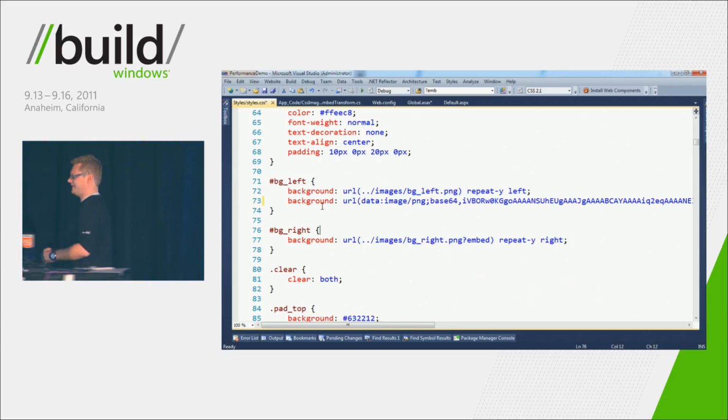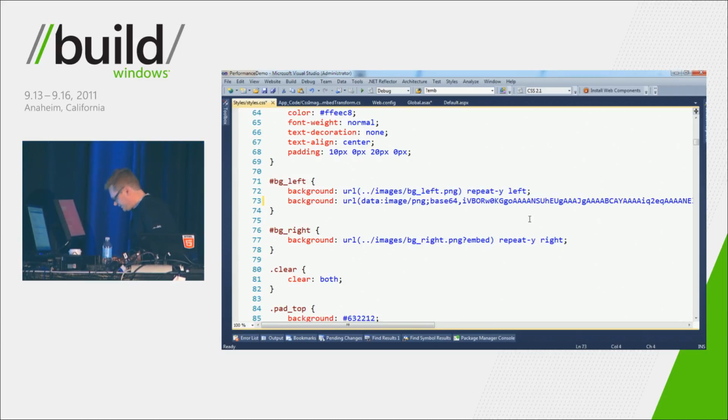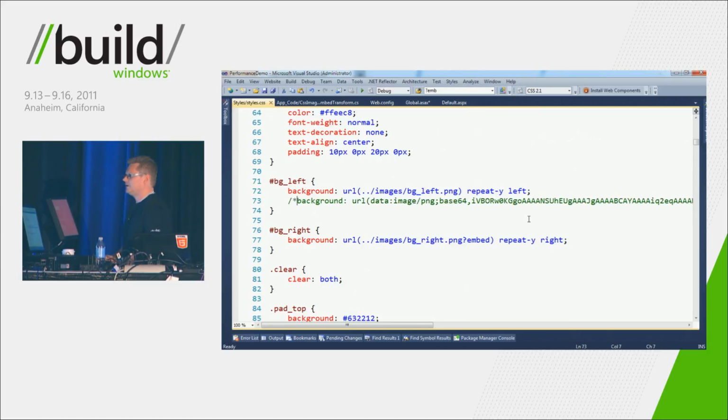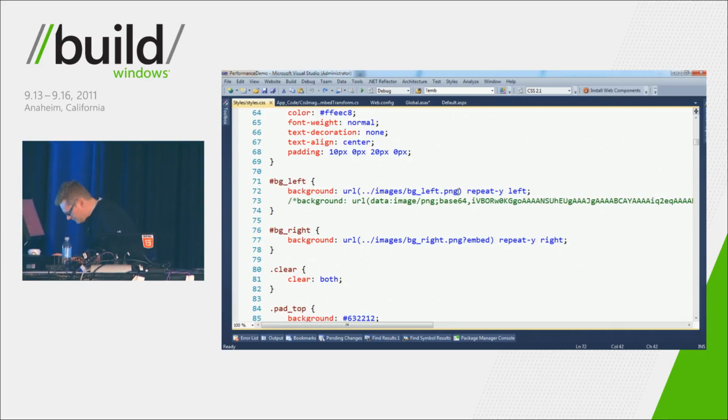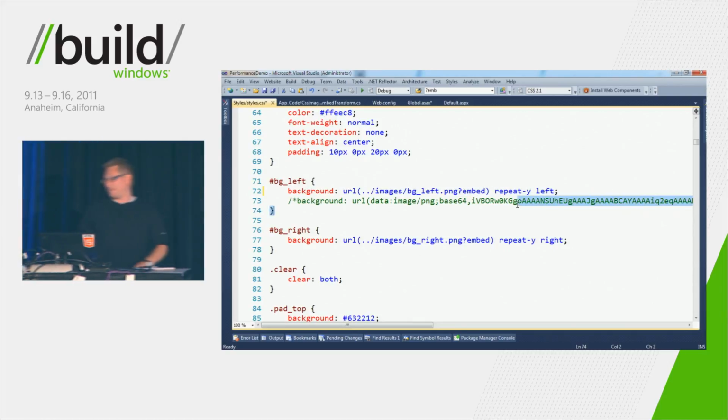And the rule that I have set up, actually, let me just remove this. Because we minify, and this is a code comment, this will actually be stripped out. So I'm just going to leave it there. But the rule that I've set is that I want to be in control. I want to say, don't just take all the PNG images that I have in my style sheet as referenced. Only take the ones that have a URL parameter called embed in it. I'm going to save this,